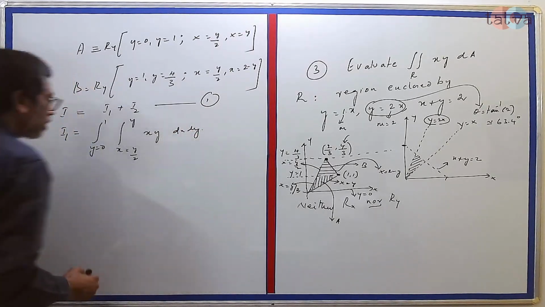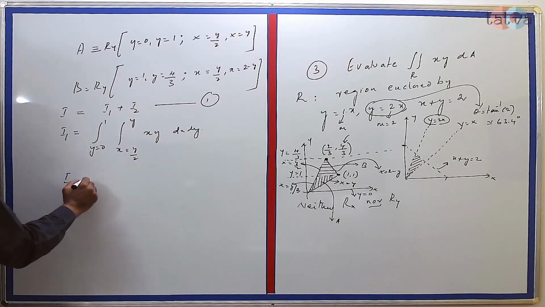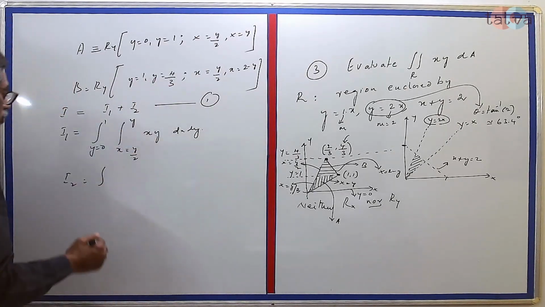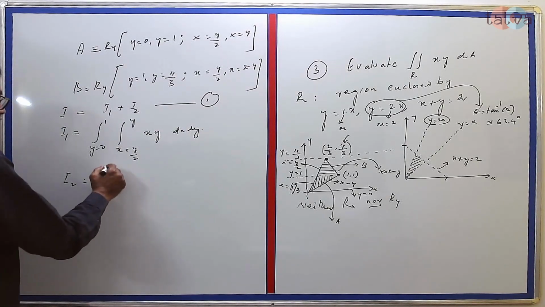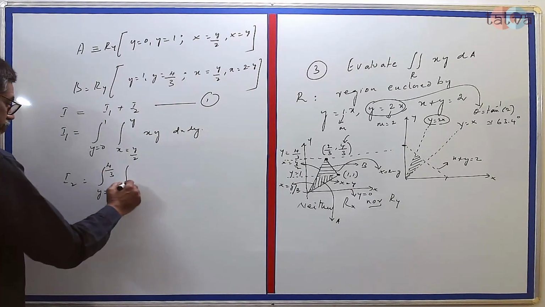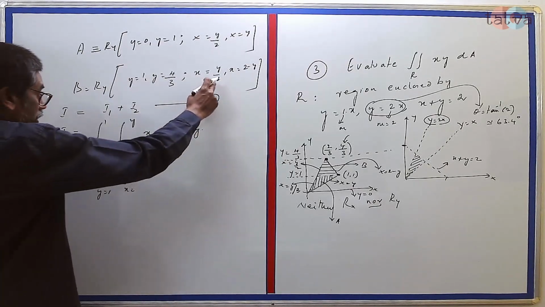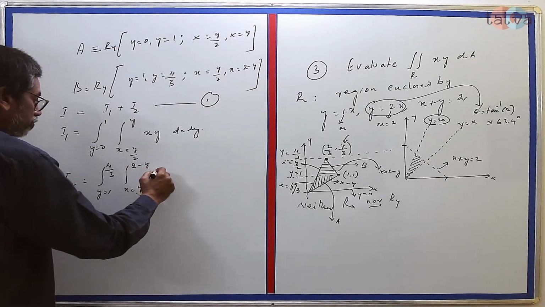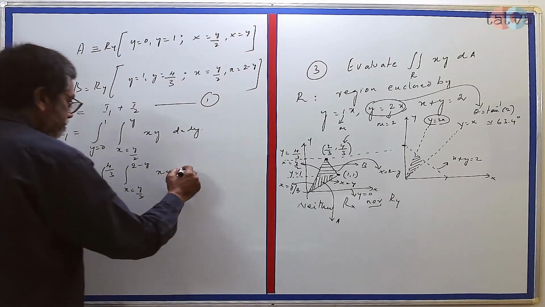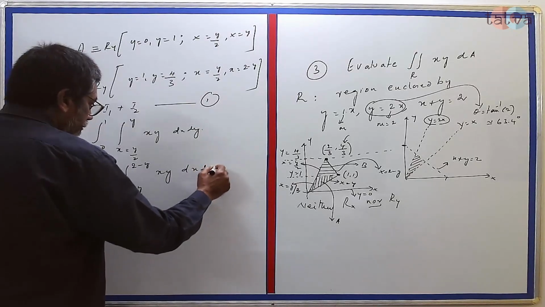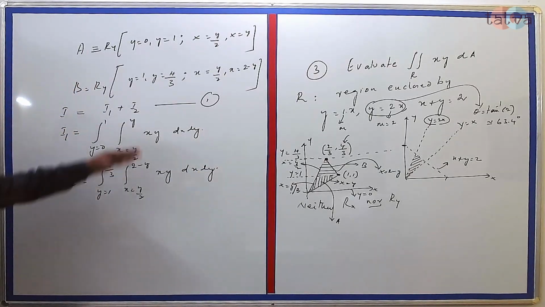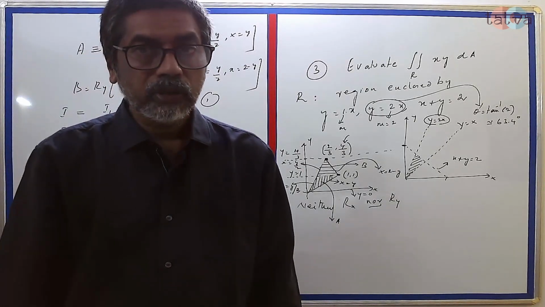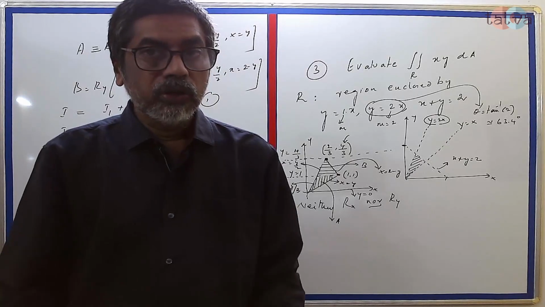And then I have I2, which is integral y is equal to 1 to 4 by 3, x is equal to y by 2 to x is equal to 2 minus y, xy dx. So these two integrations, I leave it as an exercise to you so that you will be able to get